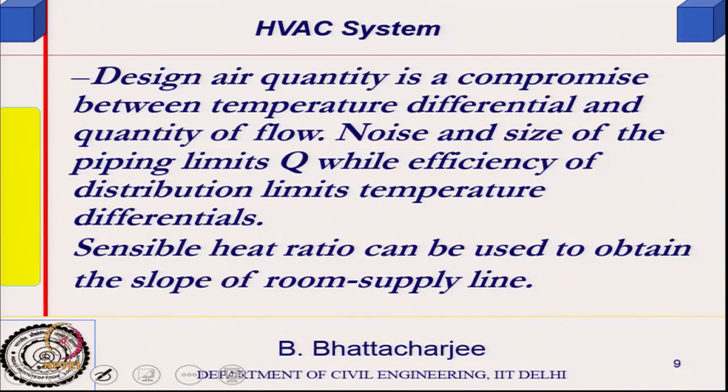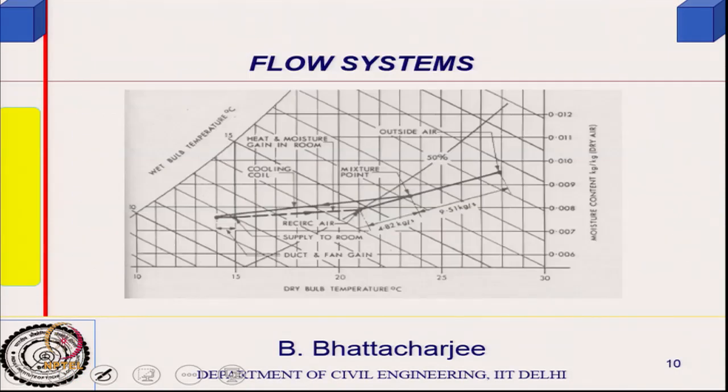If I have a psychrometric chart, quickly I will show you. In the psychrometric chart you have dry bulb temperature here, and wet bulb temperature lines are given like this. So, look at the dry bulb temperature and your wet bulb temperature, and the moisture content is here. This is absolute moisture content. In this case our temperature is 25 and some wet bulb temperature is given, 12 or something. So, you look at 12 and find out the moisture content.